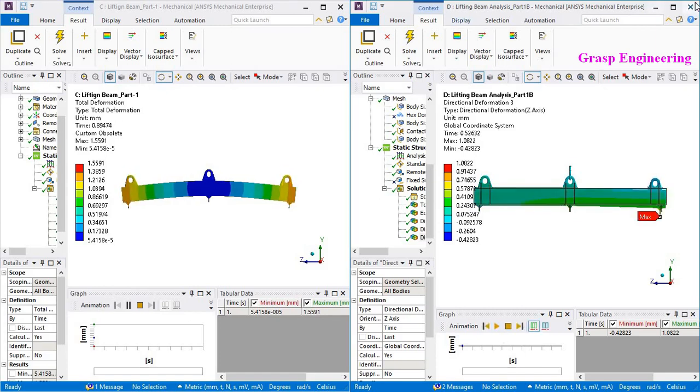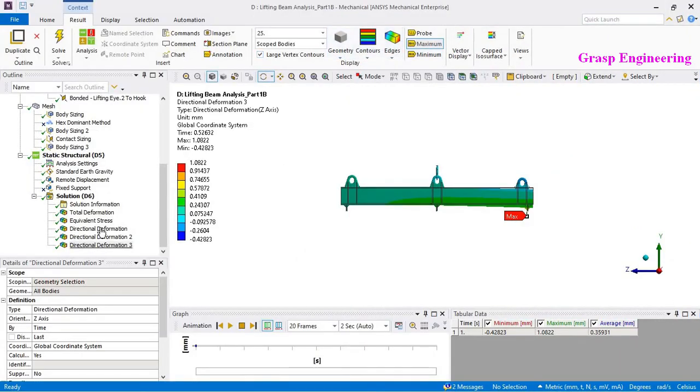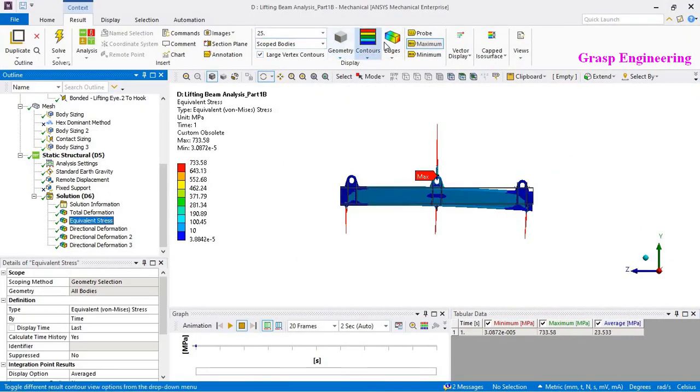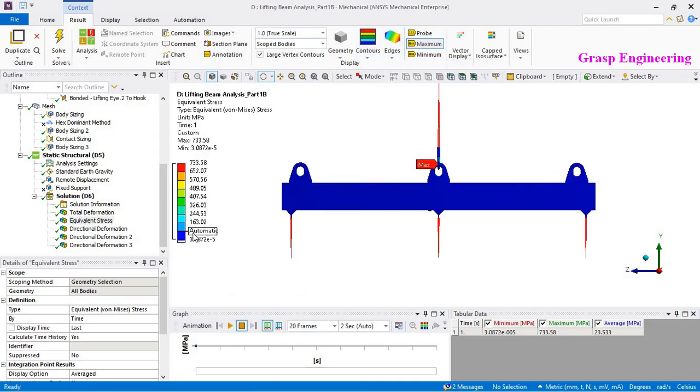Okay, let's pause it. Now let's see the stress results. So let me make it to scale, make it no wireframe, adjust to visible, and here let's put 10 and here let's put like 250 instead of 50.